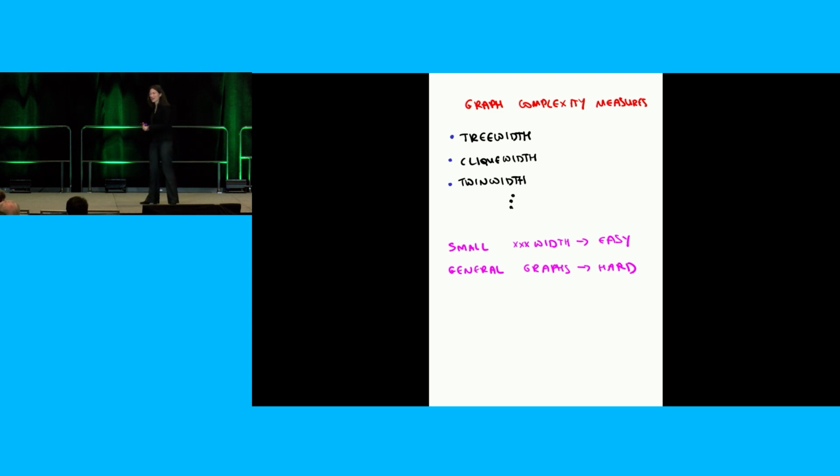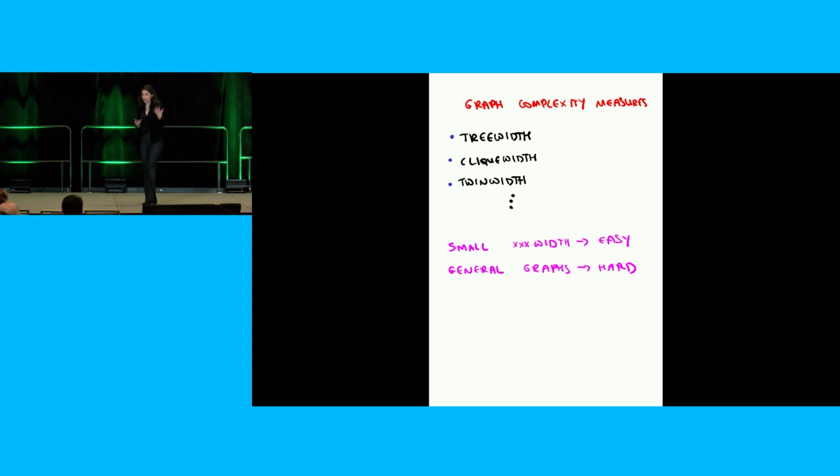I don't know what makes the problem hard, but at least I know what makes it easy. So we want to define different complexity measures on the graph, like tree width, but also others. And somehow, if you think about it a little bit more from the point of view of structural graph theory, you want these complexity measures to help you represent the graph in some clearer, simpler way. But that's not something I can explain in 5 minutes, or probably not even in an hour.